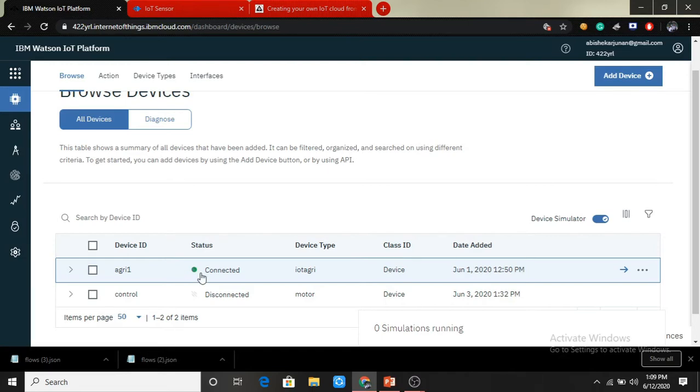After creating the account, the next step will be installing the IBM IoT platform. In this video, I will not be explaining the procedure for creating the IBM IoT platform, so please don't worry about it. I have given my GitHub link below in the description of this video. I have given the step-by-step procedure for creating the IBM account and installing the IBM IoT platform in PDF format.